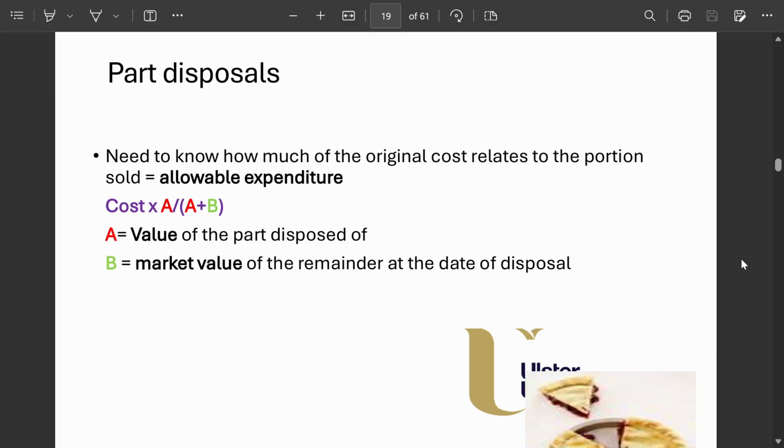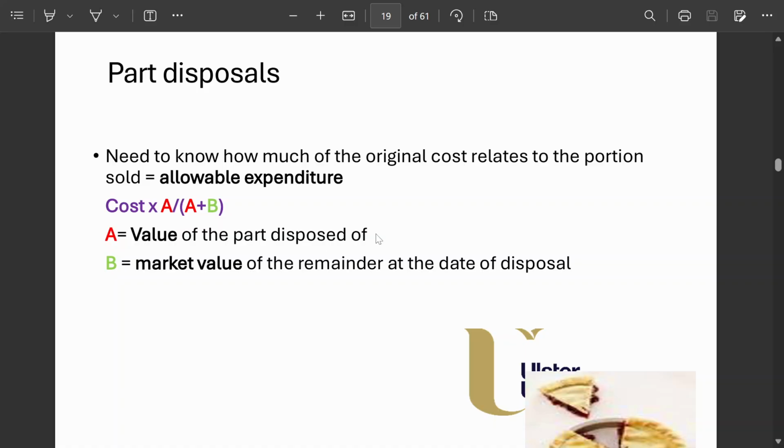So the way we are going to figure it out is we are going to take this fraction, A by A plus B. So A is whatever we have sold, and B is whatever is remaining. So we have to take the market value. And so when we can take the value, assuming most of these transactions given to you will be considered to be arm's length transactions, which means we will take the actual gross disposal proceeds as the